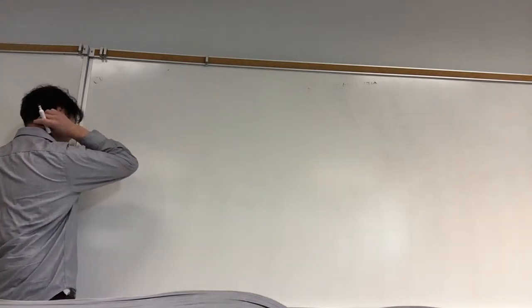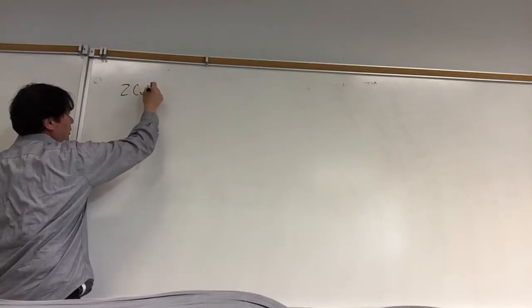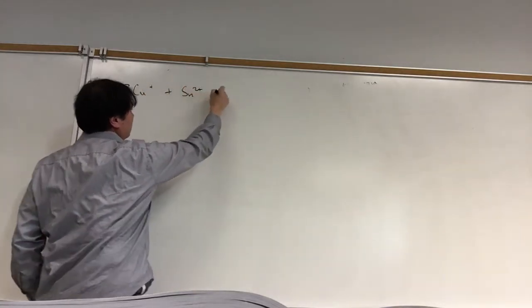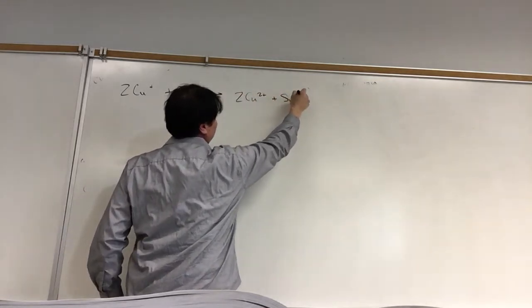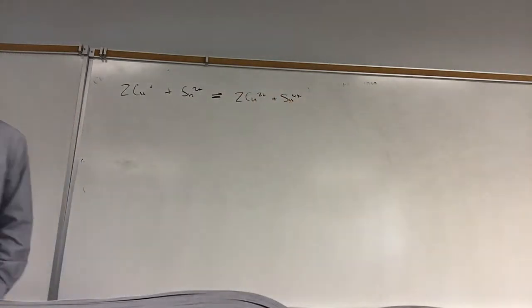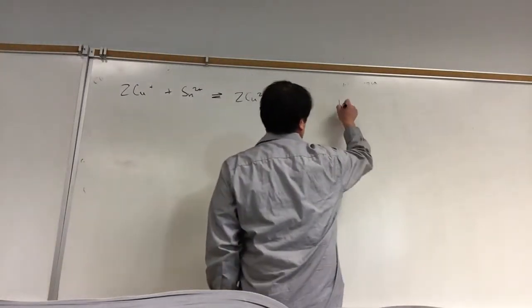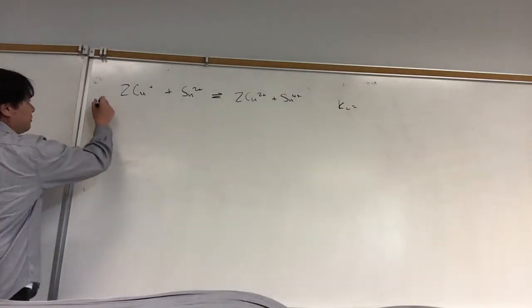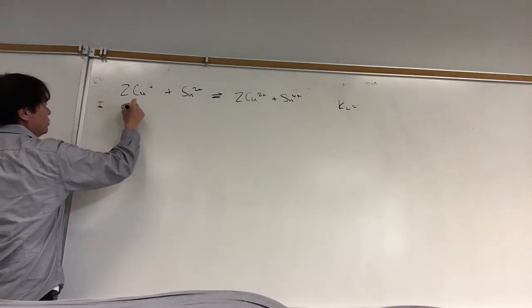All right, let's continue with the problem we were doing last time, which was the two copper ones plus the tin 2 yields the two copper 2s plus the tin 4. We set this up and tried the simplifying assumption, but it failed, right? And so what we can do is